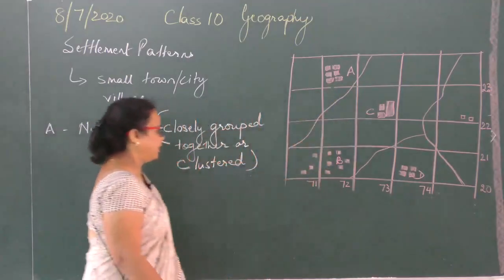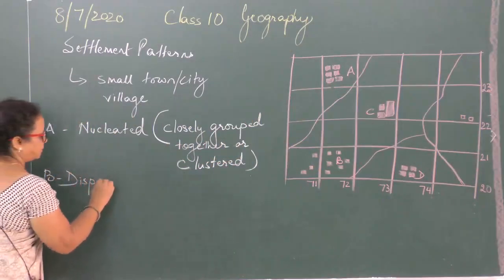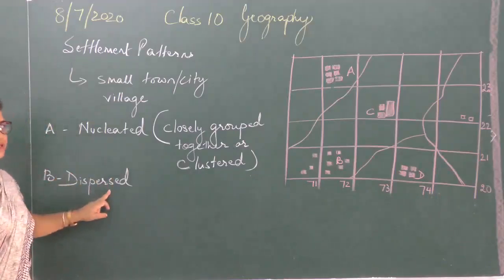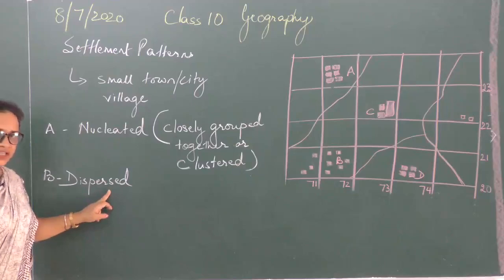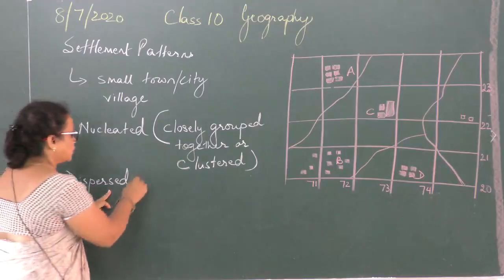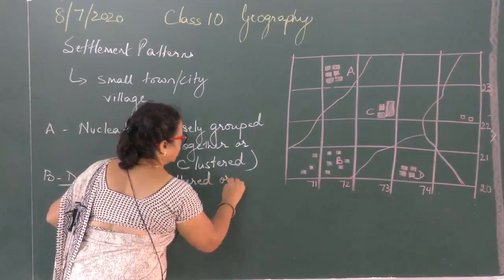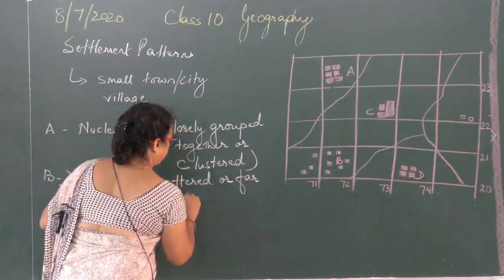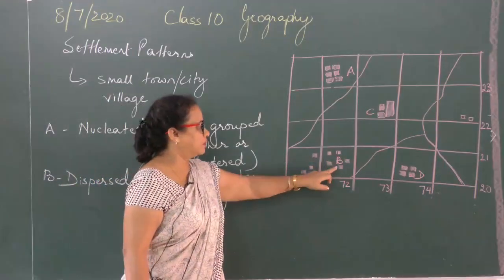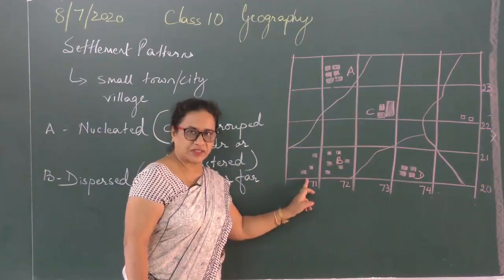Now you come to settlement B. For settlement B, the term dispersed is used. It is a dispersed settlement. These are technical terms, they want it in the answer. If you are explaining it, you may not get marks unless and until the explanation is asked. Okay? Dispersed, write the meaning. It means scattered or far apart. Far apart. From the figure you can see there are big gaps between each red block. So that is a scattered or a dispersed settlement.